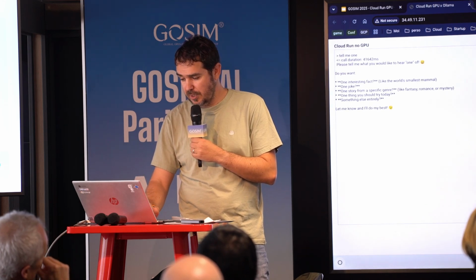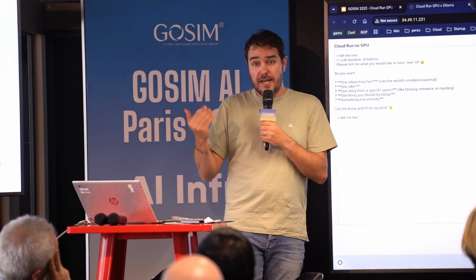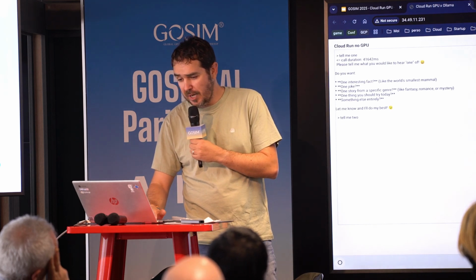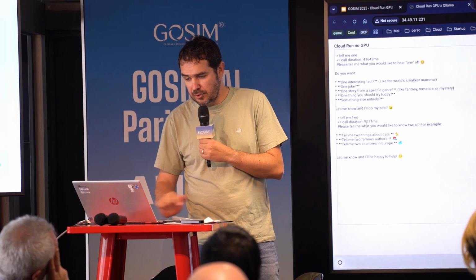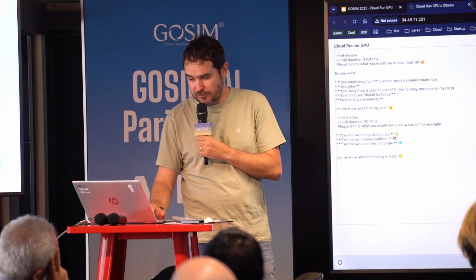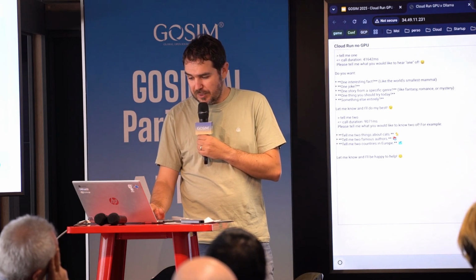Tell me to, okay? And this time it's much faster because the LLM and the GPU are started. It takes about 1 second and a half, and it's about 10 times more, 10 seconds, for the CPU version. So you have exactly the same container that performs pretty much the same answer. Of course, it's not really the same, but yeah, it's great.